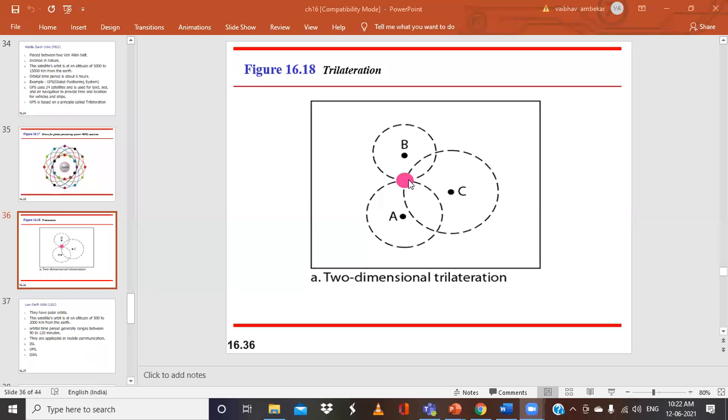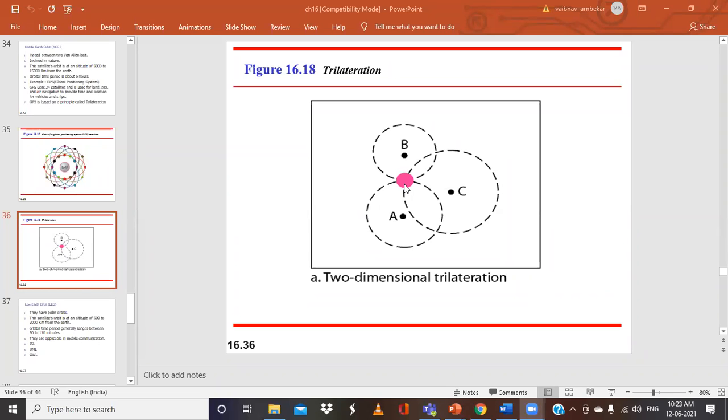So if I want to know my current location, like I said, these satellites provide the GPS system, like our Google Maps. So how will they get to know my current location? Suppose I am standing here, and I want to know my current location, and I know my distance from 3 points. Suppose I'm sitting here, but I don't know where exactly I'm standing, whether in Belgaum or in Bangalore.